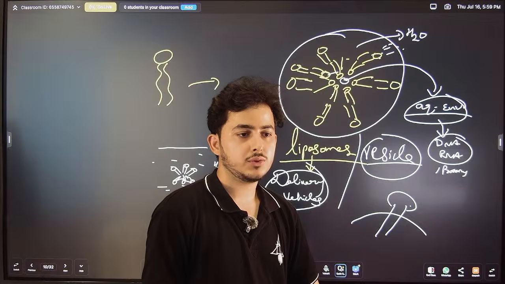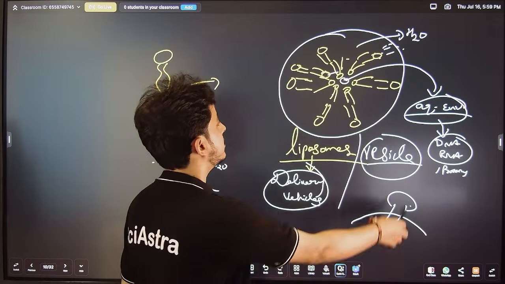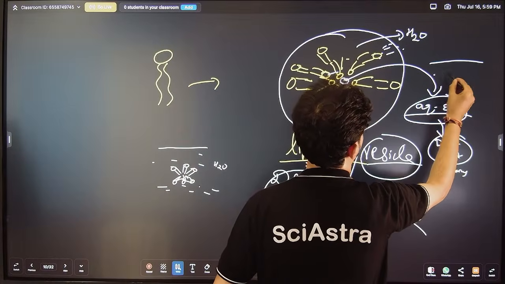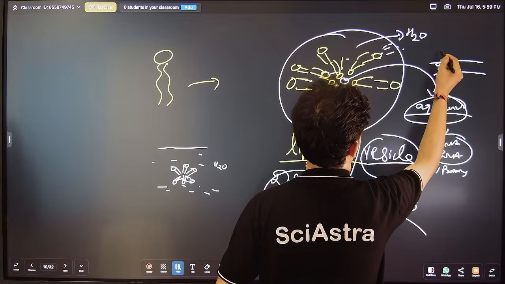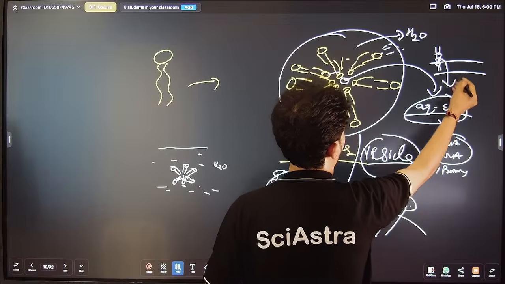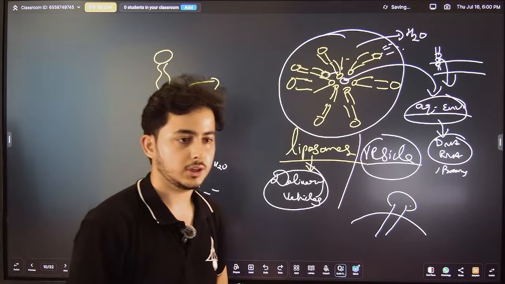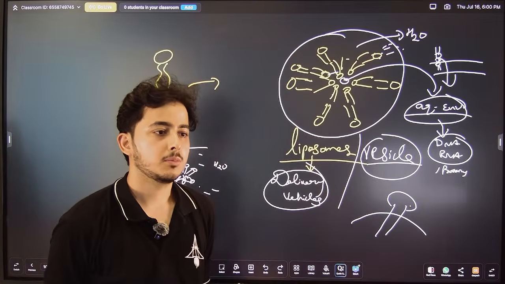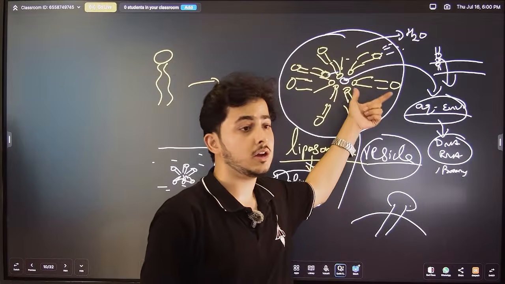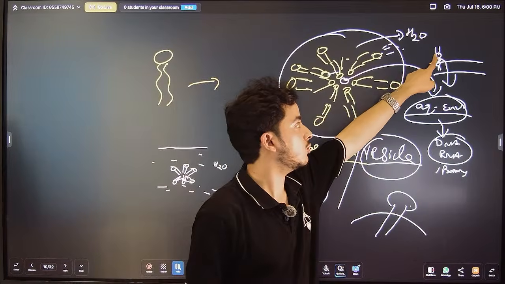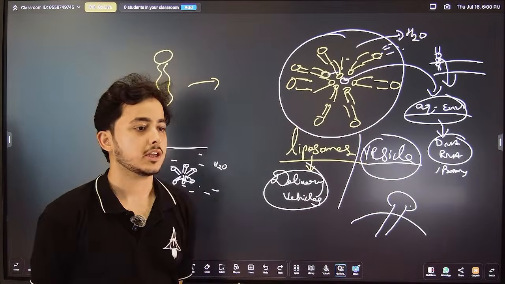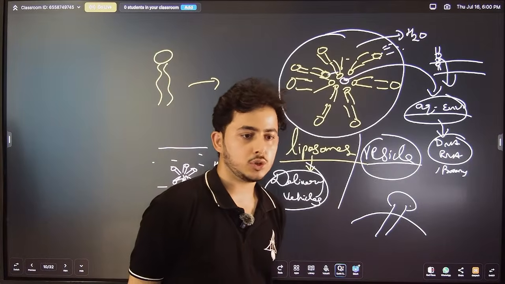How does it fuse with the cell membrane? This is made of lipids, this is the head group. In your cell membrane also you have this kind of structure. So if a liposome is coming, it can easily fuse, this is hydrophilic only, and it can pass through and be delivered. Is that clear? Because there is no difference in the charges, because both are hydrophilic. It is not like one outward side is hydrophobic. Since the polarity is the same, they can fuse inside the cells and deliver your content. Is this part clear to everyone? Any doubt?